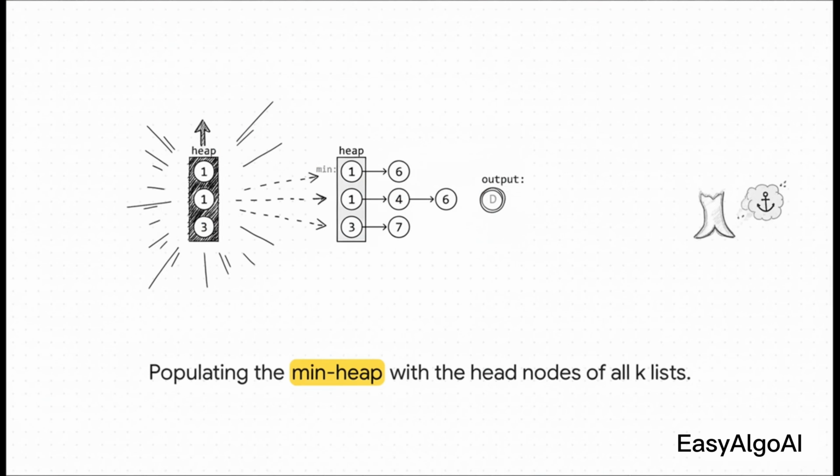So, how do we set the stage? Our initial setup involves populating the heap with only the head nodes of all k linked lists. We aren't dumping all our data in at once. That would be chaotic. We just put the very first node of each list into the min heap. Notice the 1, 1, and 3 loaded in together. They are officially queued up and ready for comparison, and the heap guarantees that the absolute minimum value is floating right